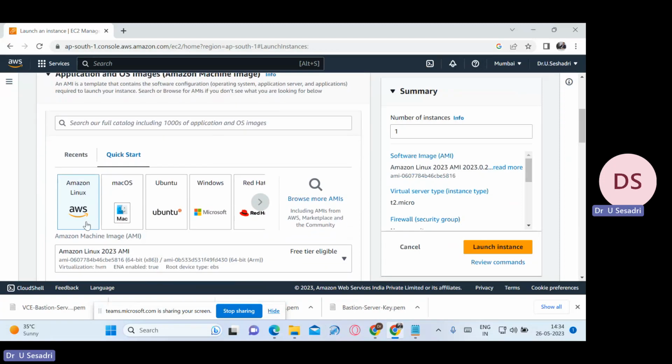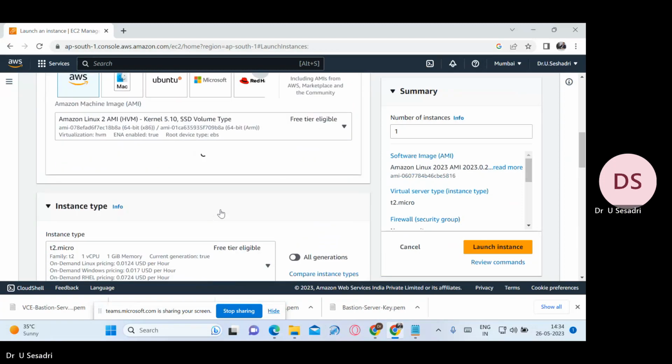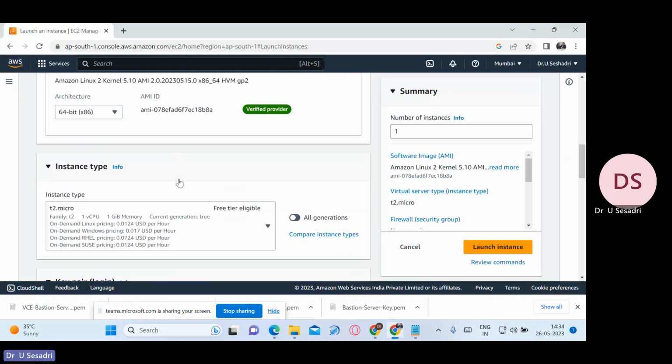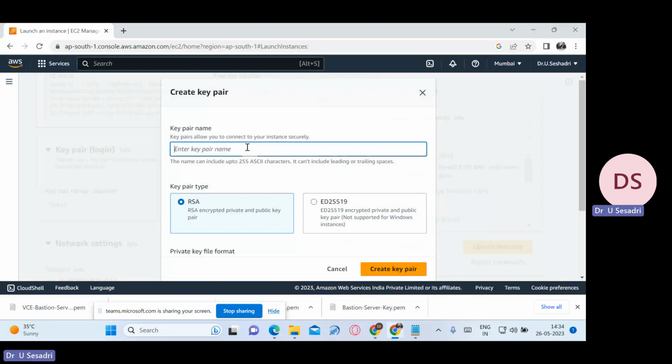Choose the Amazon Machine Image, Amazon Linux, the free tier eligible one. Choose it. Now, the instance type is t2.micro. Scroll down. Key pair, that is